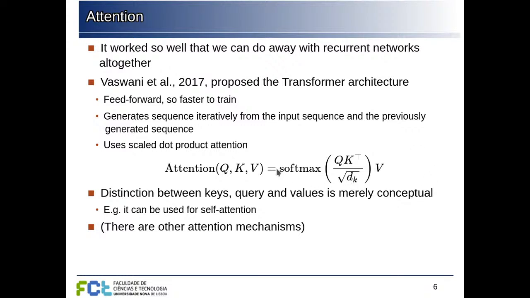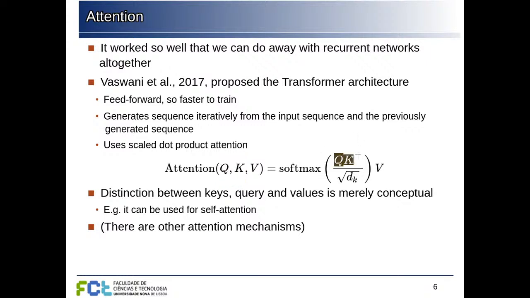So we can use this softmax to determine which parts of this vector are more important and which are less important. And what determines this is the dot product, the inner product of these two vectors here,